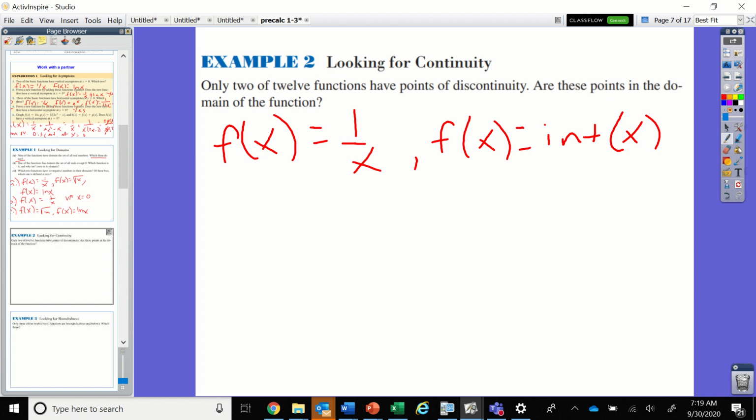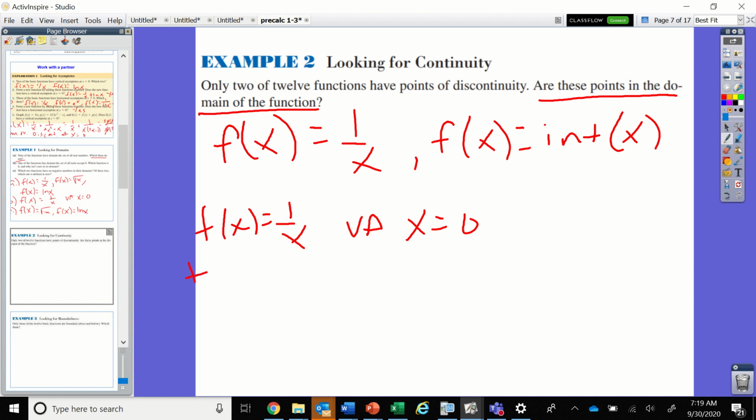And so obviously for f of x equals 1 over x, you have a vertical asymptote at x equals 0. And it says, are these points in the domain of the function? Well, no. So this is kind of a strange problem, I guess, here, because you could technically say